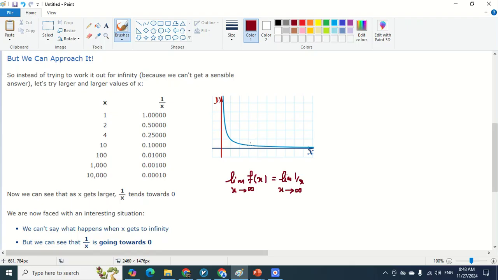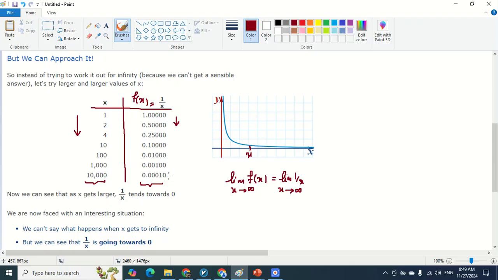As you saw before on a function that I sketched on that online platform, x tending to infinity means that x becomes bigger and bigger. Then what happens for 1 over x is given in the table on the right side that you can see over here. So I sketched a table and put the corresponding values over here. If x is equal to 1, f of x or 1 over x is given by 1. But as you grow the value of x, f of x or 1 over x becomes smaller and smaller. And as you can see, for the value 10,000, the value of f of x is